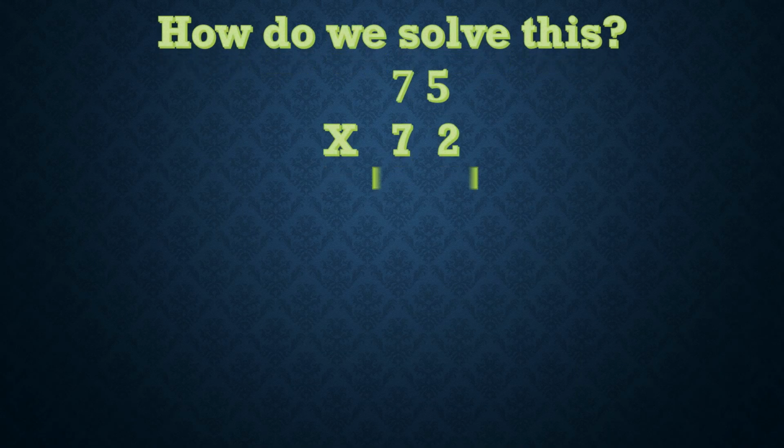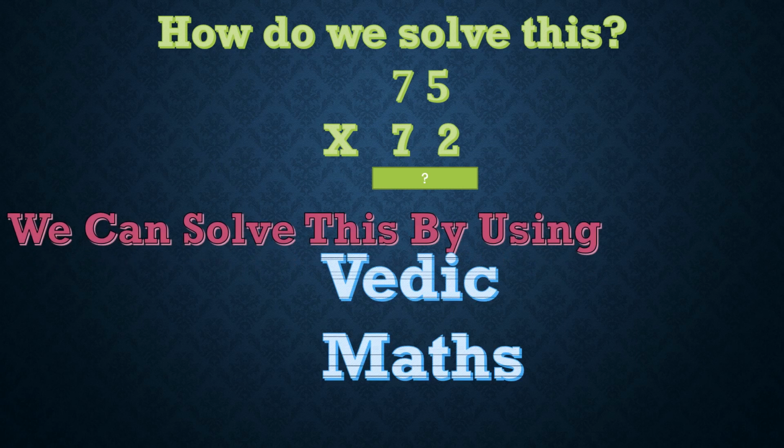So today we are discussing how do we solve this. There are two numbers, 75 and 72. The question is how do we multiply this? If we use our conventional method, it may take two or three lines to solve this and it is a bit lengthy. So if we use a Vedic math technique, which is an Indian technique,